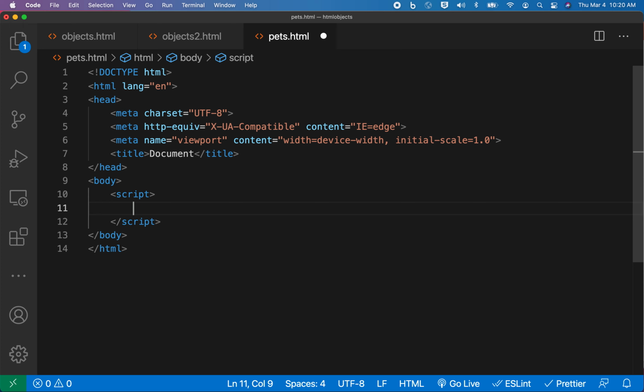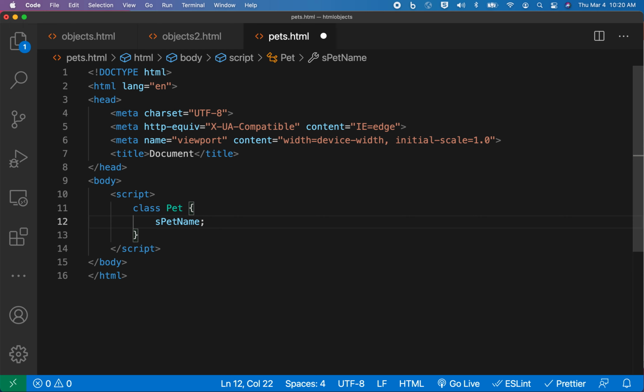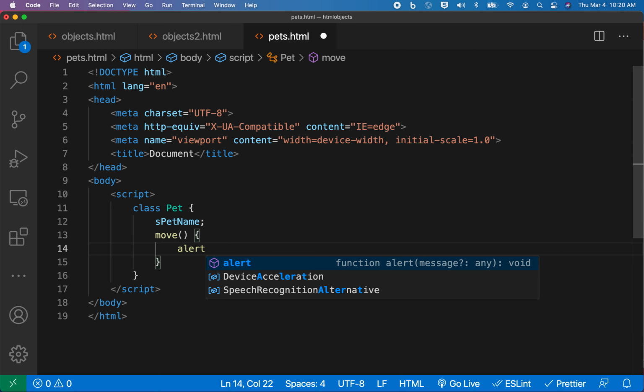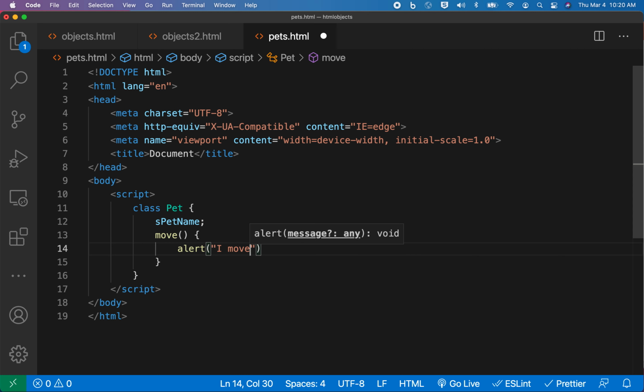And I will start with a pet. So at the highest level, there's a pet. And one of the attributes of pet is pet name. It's a string, so I'll write it like that. And a behavior or a method that it has is move. And in this case, since we're just teaching about the idea, I won't do anything terribly useful. I will simply do an alert statement that says I moved,